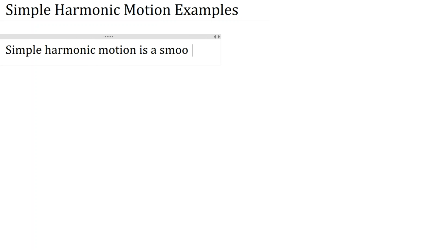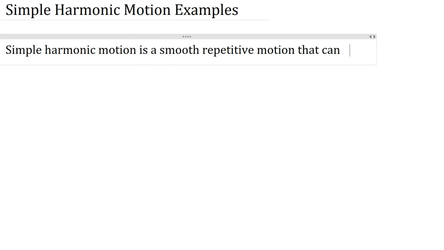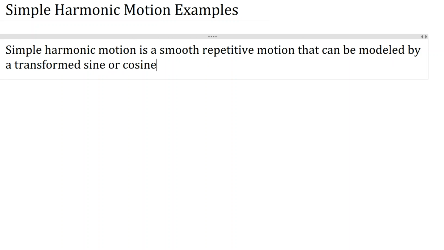In this video, we're just going to explore the concept of simple harmonic motion through some basic examples. So first of all, simple harmonic motion, I'm going to oversimplify this, is a smooth, repetitive motion. Okay, now that's not technical, but we'll add a little piece here: that can be modeled by a transformed sine or cosine function, which we know graphs as a wave. Okay, and so let's look at some examples